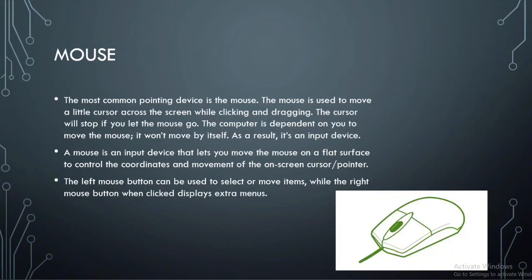The most common pointing device is the mouse. The mouse is used to move across the screen while clicking and dragging. The computer depends on you to move the mouse. It won't work by itself. As a result, it's an input device. A mouse is an input device that lets you move it on a flat surface to control the pointer moving across the screen. The left mouse button can be used to select or move items, while the right mouse button will display